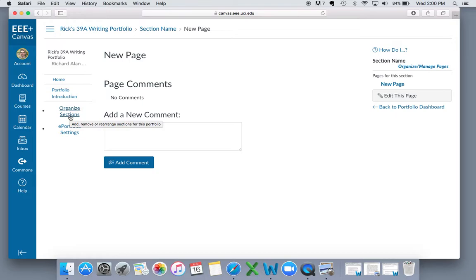Now, part of this might come down to how you feel you best want to represent your work, but I'm going to show you one way and then talk about some alternatives. One way I'm going to organize sections right now is just per assignment for the course, and I'm going to do it in reverse chronological order. So going backwards, our assignment sequence goes from portfolio introduction